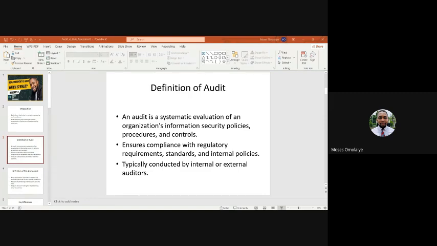Then what is risk assessment? Now, what a risk assessment aims to do is to identify, analyze, and evaluate potential threats and vulnerabilities. So when you're doing a risk assessment, you're looking for potential threats and how those threats can act. And we know that for a threat to act, there must be a vulnerability. A threat doesn't act on its own. It needs a channel to act, which are called vulnerabilities, or loopholes for simpler English. And then also, what it does is to focus on predicting and mitigating security risks.